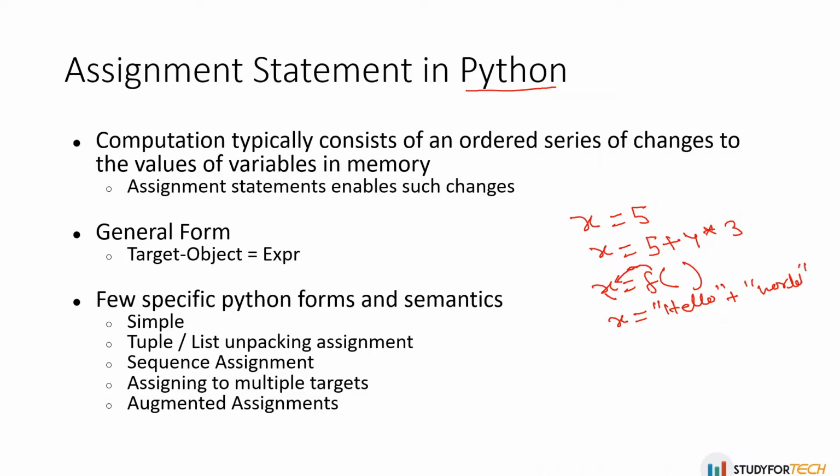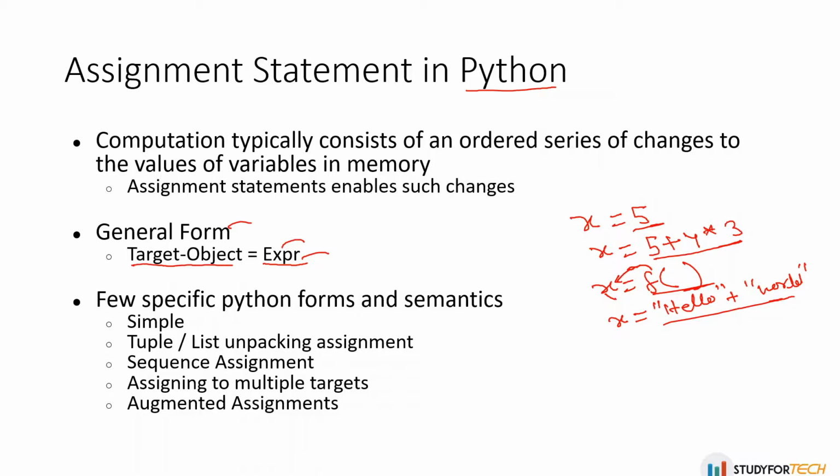So these are the expressions. The general form is this one: the target object, and then after the assignment, left side, right side, the RHS side, it's an expression. So you can see this is an expression, this is also an expression, this is an expression, and this is also an expression. So an expression could be a literal, number, string, function, or object, anything.